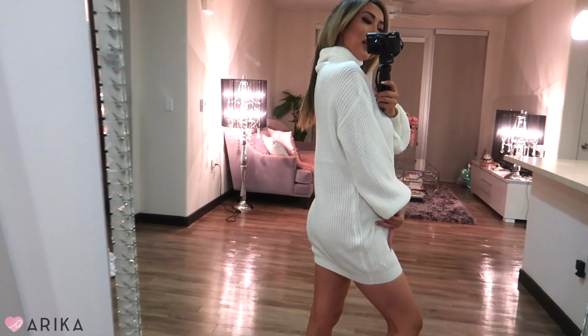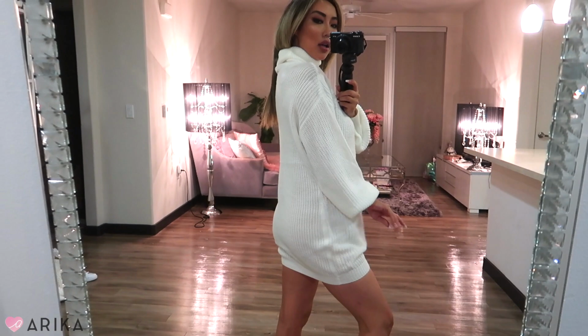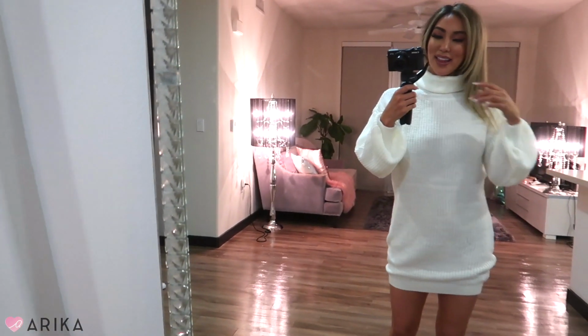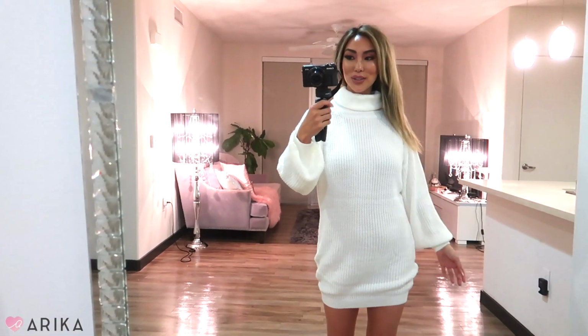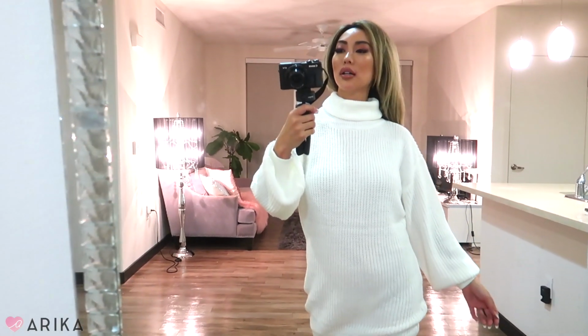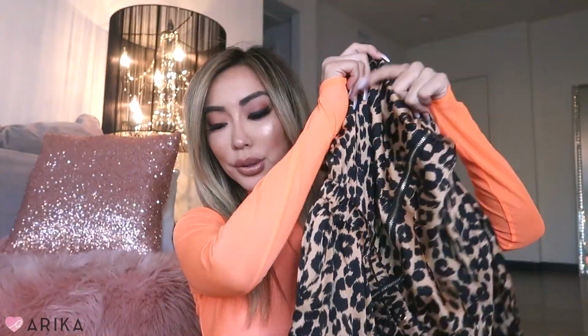The back is like this. Super cute. Love the off-white color. Love the knitting, and it is making me warm right now, and that is good because that is the purpose of a sweater dress. It is super cute. Love. Obsessed. The next item I got is this leopard jumpsuit, and I love long pants jumpsuit, and I love